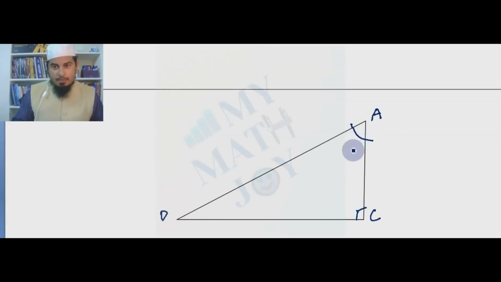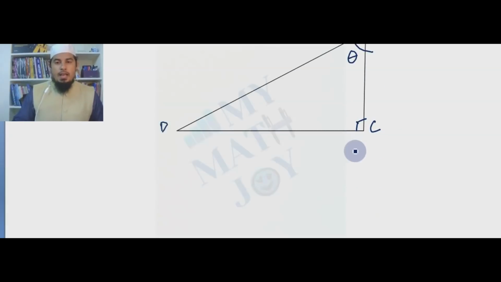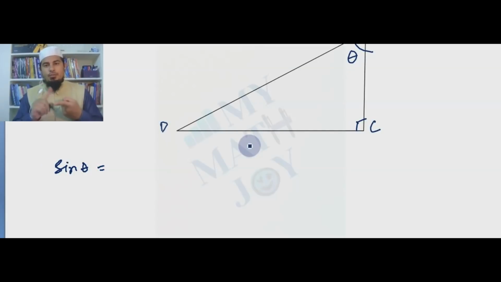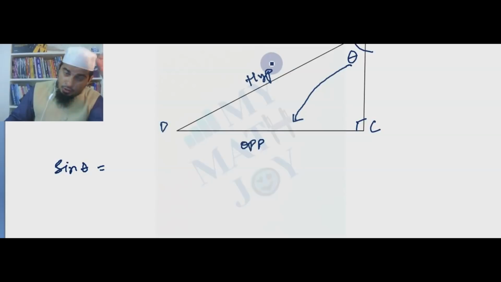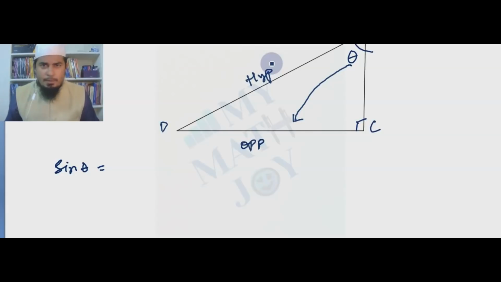I am keeping my theta here in this place. I want what should be a sine theta. Decide me what will be a sine theta now. Sine will be opposite side of theta by hypotenuse. So theta is here. With respect to this will be my opposite and this will be my hypotenuse. So don't fix opposite and hypotenuse and adjacent in any right angle triangle unless and until you are told with respect to what angle you have to speak. Never tell what is adjacent, what is opposite.